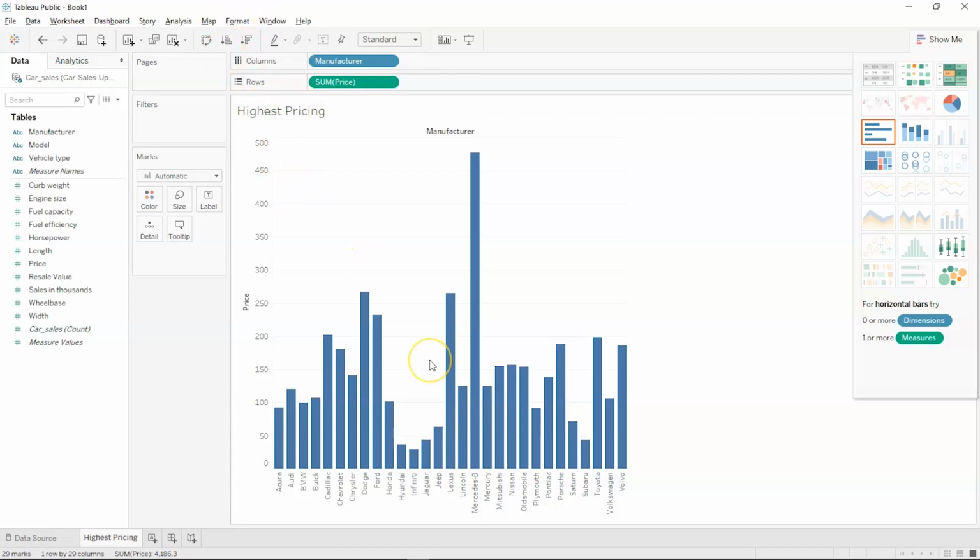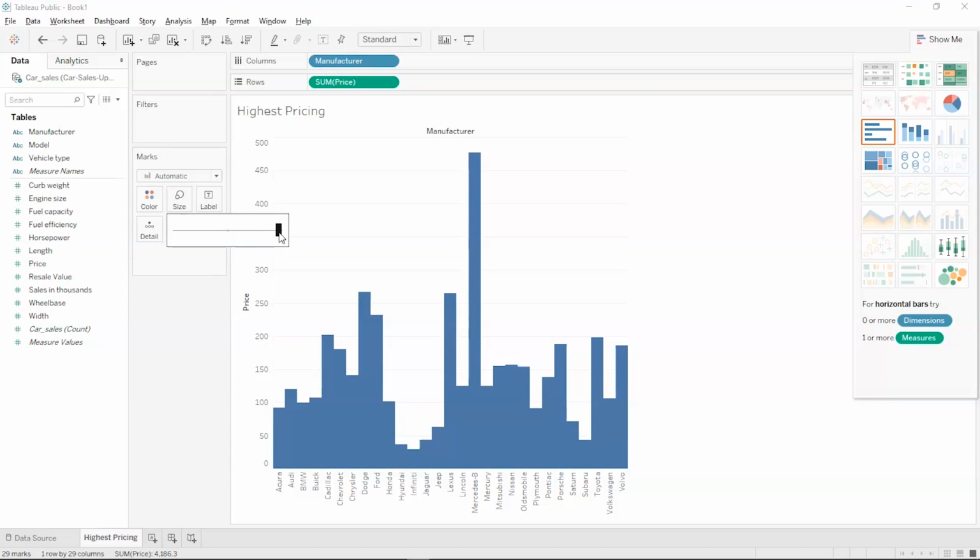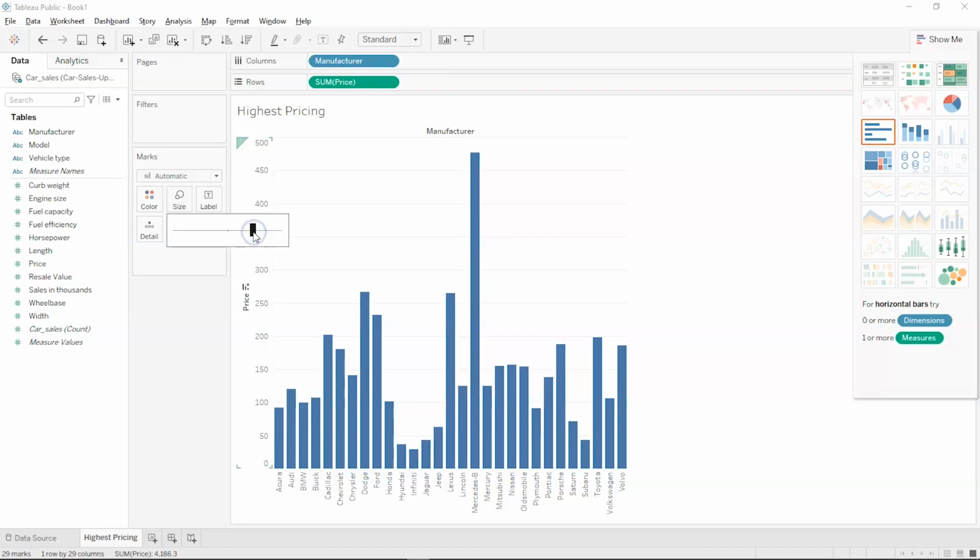Now you can actually make some modifications onto this chart, like you can increase the size of the bars. It is automatically selected over here. You can just scroll it to the right and left manually, and you can make some changes to the bars. And apart from that,